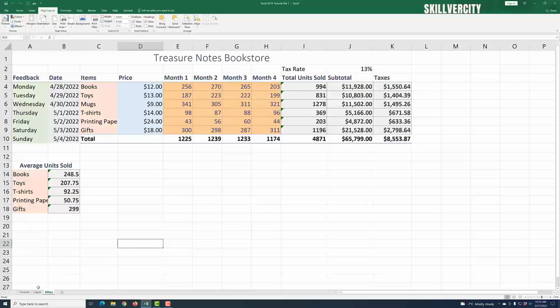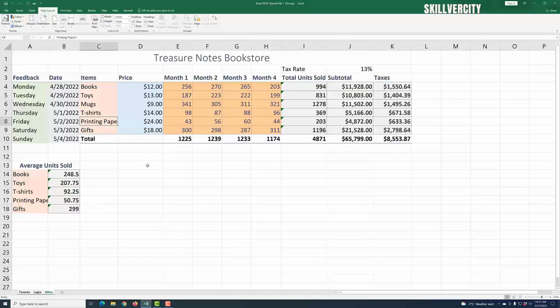All right, so another thing we can do here, let's say we want to make a change across board, across all the different sheets. We want to make a change that will reflect changes in all the different documents for each of our locations, Toronto, Lagos, and Milan. What we can do is to hold down the control key and select all of them, and then we can make our change. Let's say we want to change